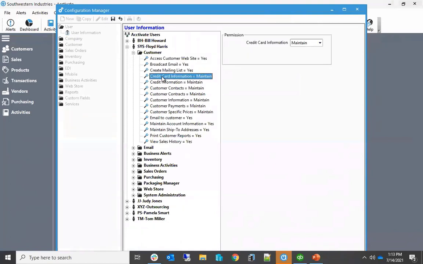And the first permission I want to talk about is the credit card information permission. This is a permission to store and view credit card information for a customer. So I've already mentioned a few times that you can store credit card information for a customer. If the user has maintained, they can view the credit card, the full credit card number, expiration date, card info,